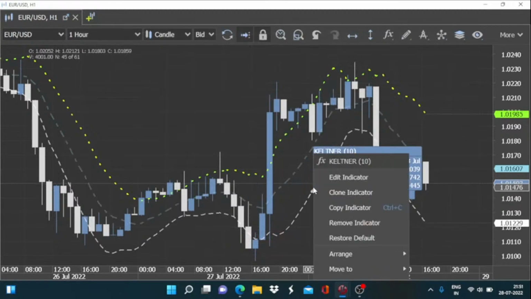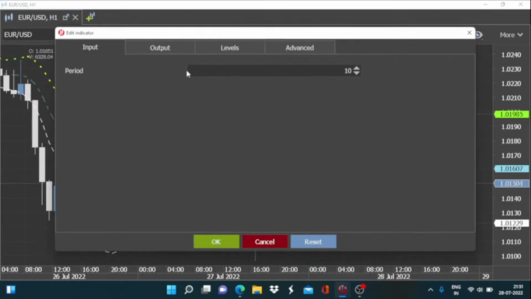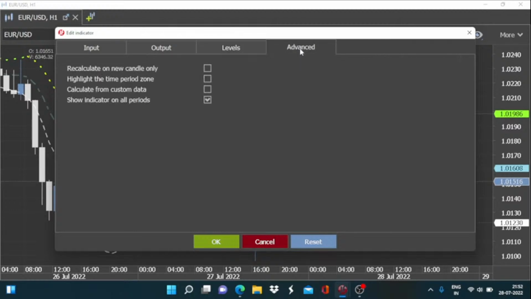Okay. Now let us try out some other options given to us. We have these advanced calculation options. If you want the output value to be constant for the whole candle period, then you have to opt for this check here. If you opt for this, then the recalculation will be done only once when the new candle formation takes shape, and then it will remain constant for the whole of that candle period. Otherwise, the value will